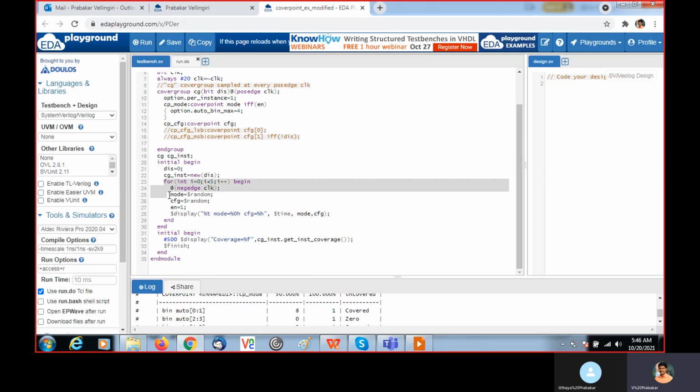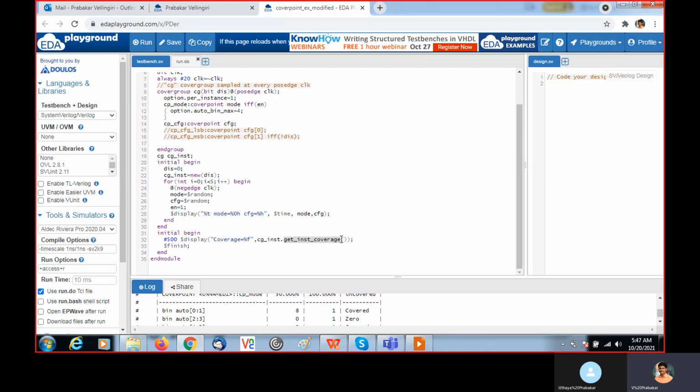Then using a for loop, at each edge of the clock I am going to randomize mode and CFG, and I make enable 1. Then I display the randomized mode and CFG values here. And within this initial block, after 500 time units, I'm going to display the coverage.